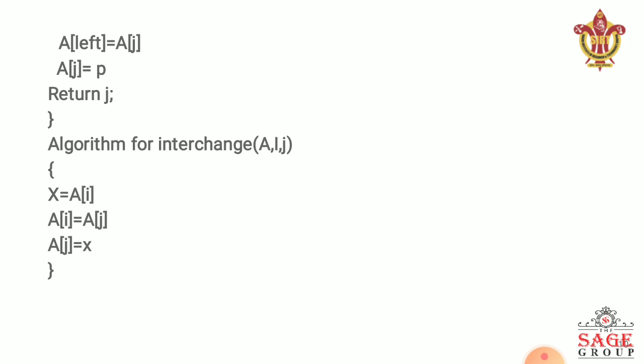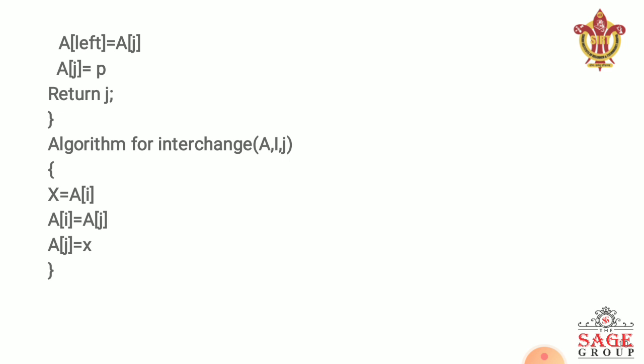After swapping, we divide our list into two parts with respect to the pivot, and this is the completion of the partition algorithm, where with respect to the pivot element we have received a first part and a second part separately. Here we have seen the algorithm for interchange. We have also used the swap function here, where the i and j indexed values are swapped with each other.